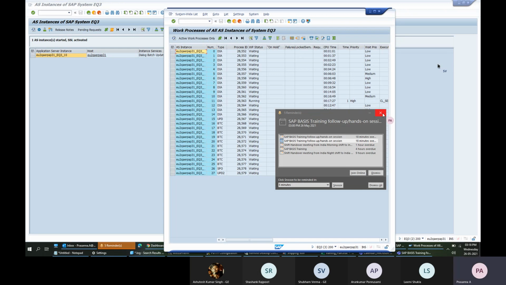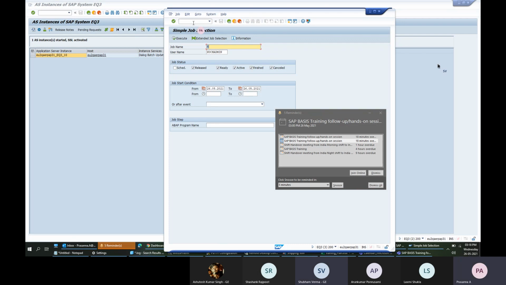Okay, I think, what else within SAP? So this is how you navigate it. SM51, SM36, these are T codes. And if you want to give some input, like in SM37, this is how you give input.